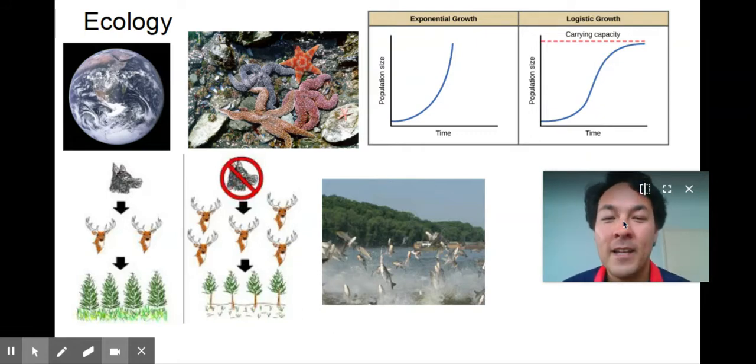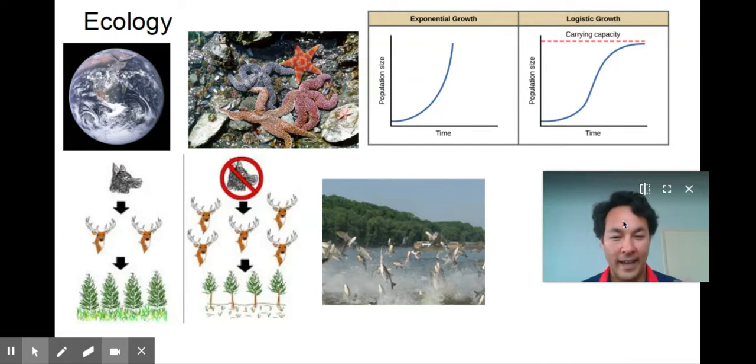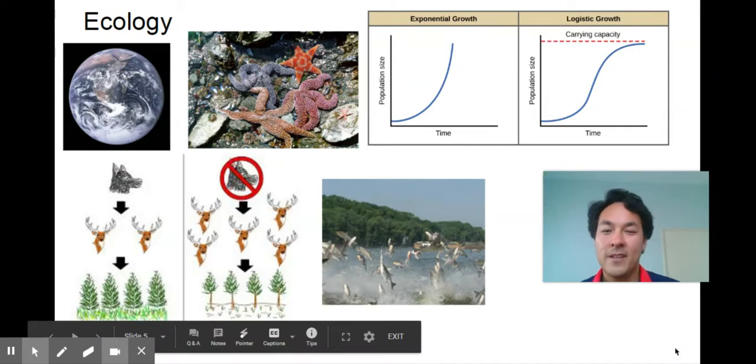Okay, so those were the Next Generation Science Standards: the content, the scientific practices, and the cross-cutting concepts. So here's a little overview of the units. As you look at these, I want you to think, how are they all interconnected? Sometimes biology gets taught like a pizza pie, as a bunch of different units, but we know that they're all connected to make our interconnected world. So we'll start with ecology.